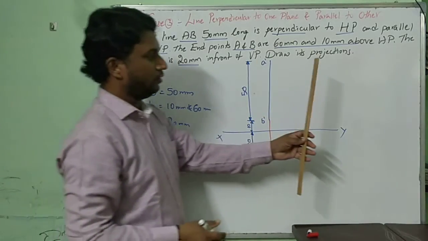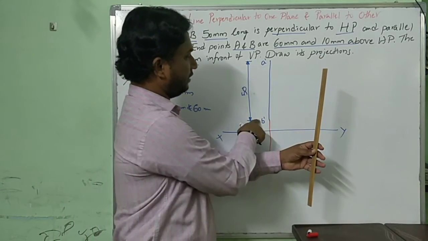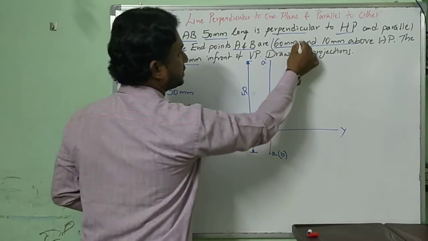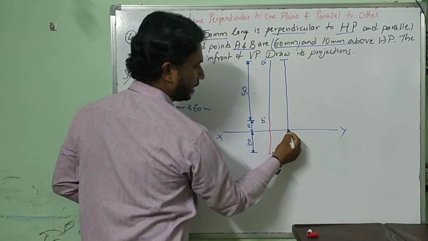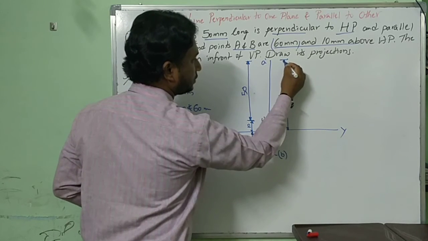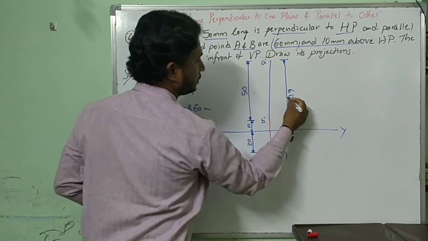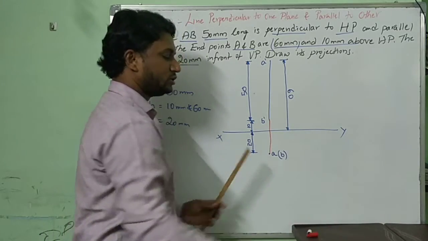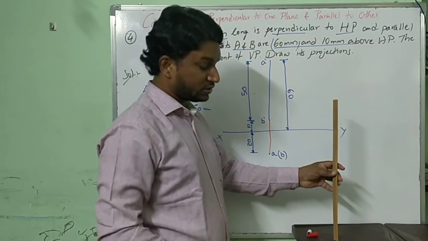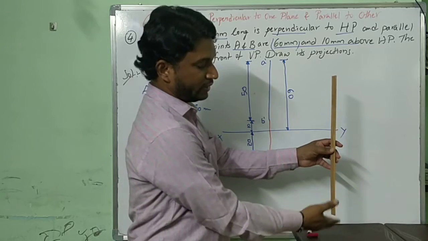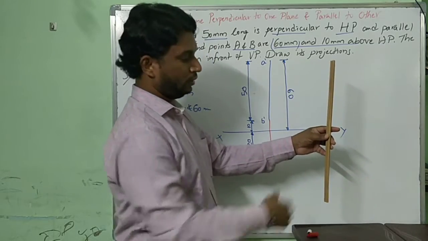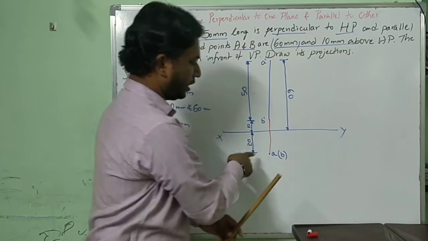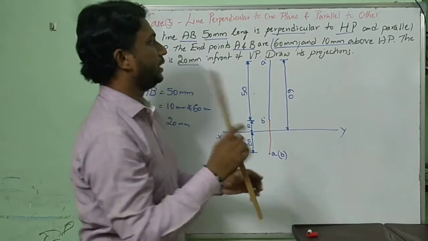So finally, in the front view, the 50 mm line starts from 10, 50 mm, totally 60. Here you are supposed to show this dimension as 60 for the A location, in the right side you can show it as 60. Simple, right? Here you are supposed to draw a perpendicular line, but not starting on HP, on XY, but at a distance of 10. 50 plus 10, total 60. Top view point at a distance of 20 mm, but the A point is on top. That you have to understand.